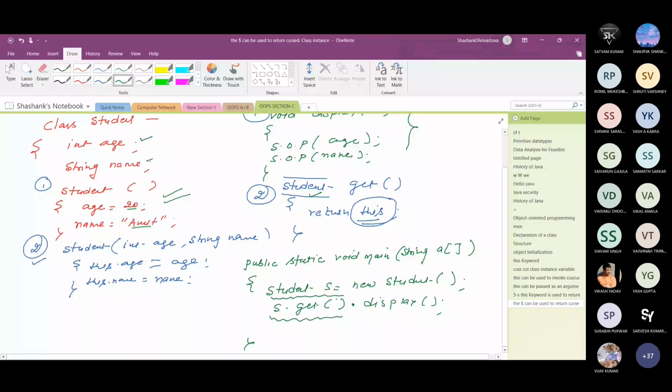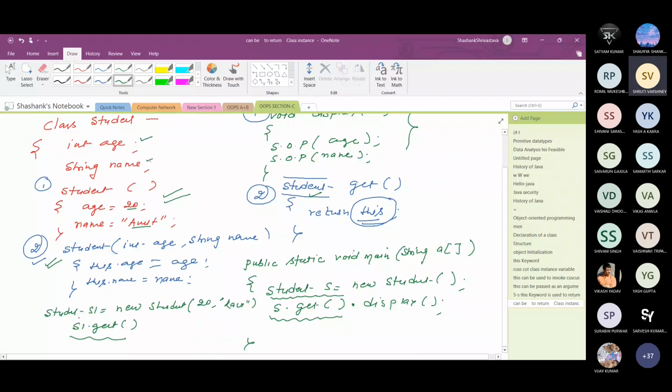In another case, if I declare student s1 equal to new student, and if I pass suppose 20 and Ravi as arguments, which particular constructor is called? The second constructor is called. And now again s1 dot get, so if I write s1 dot get, it will return an object which is referred by this.